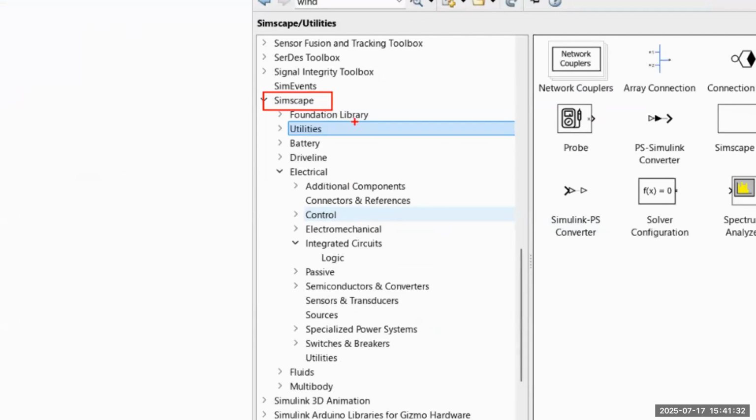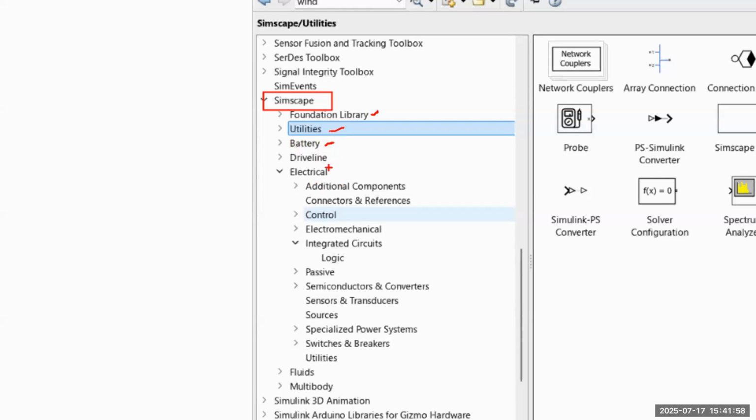of libraries. If you just have the Simscape function, you will only get the foundational and some utilities. But if you are developing battery systems, for example, you can get Simscape Battery to help you develop battery systems, and this also includes battery management systems controls.